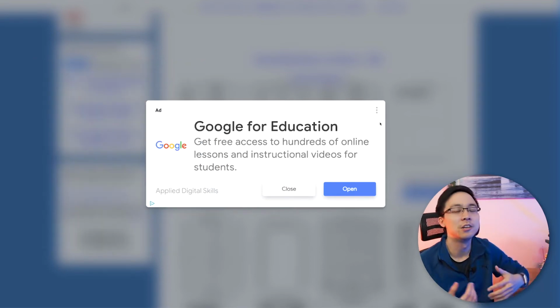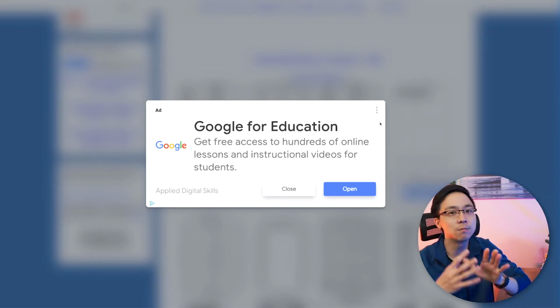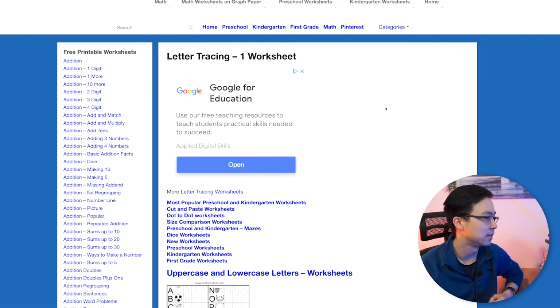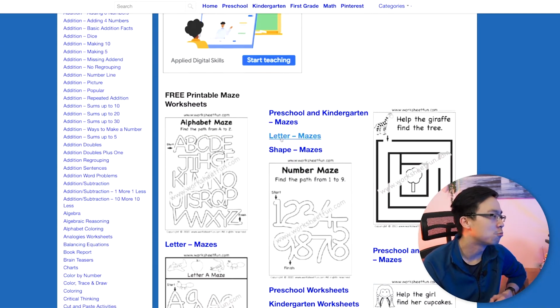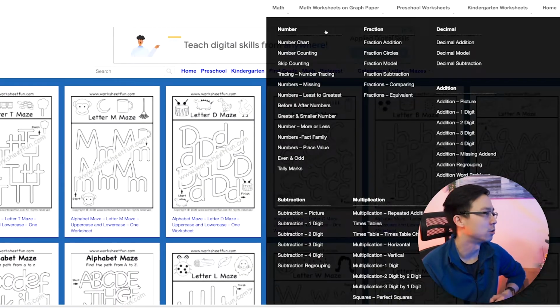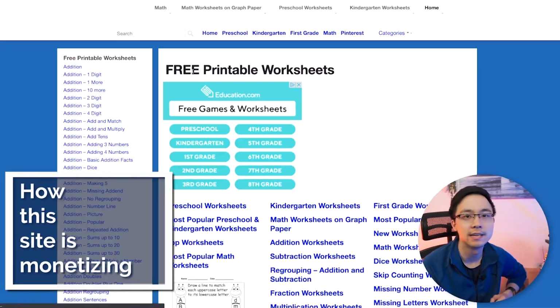And in this situation, we are the product because we are giving the page view that they are then able to direct our traffic to some sort of advertising network. And that's essentially what we're seeing here. So they have this sort of mechanism in which each time I'm clicking into one of these worksheets, I'm reloading the page and I'm loading some other display ad for this particular website. They're all over the place, right? And so that's right off the bat how this site is monetizing.